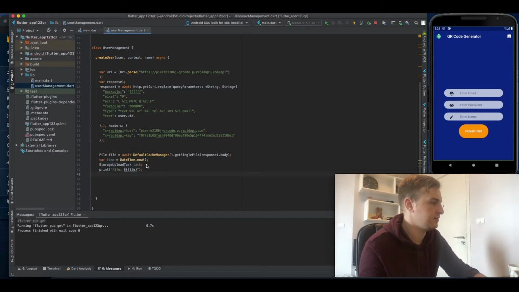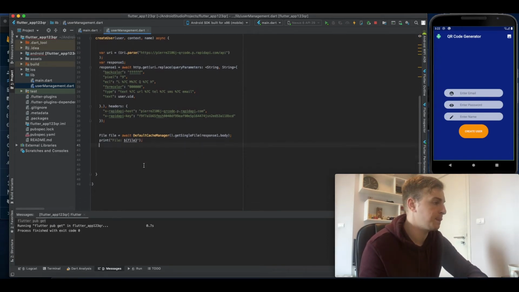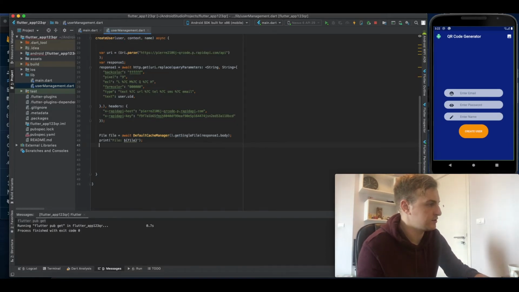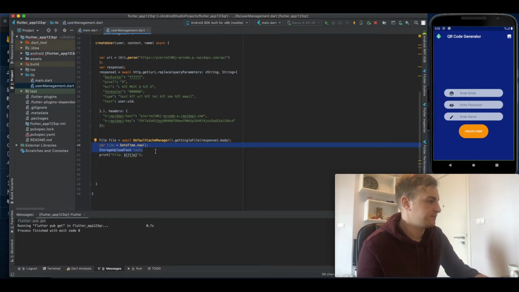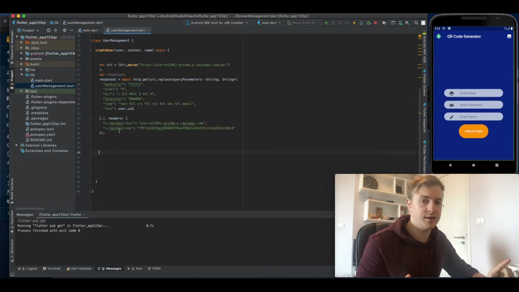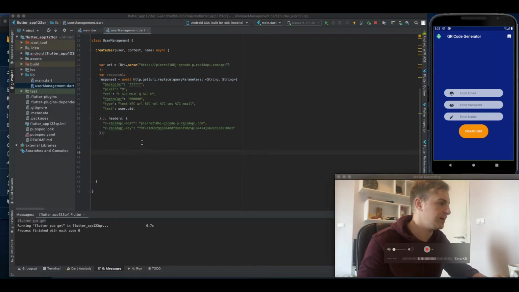Firstly, we need to create a file. How we create a file is we call await default cache manager. Once we've made the QR code, we want the link to that QR code, and we want to save it in our database as a separate file image. So how we're going to do that is first,